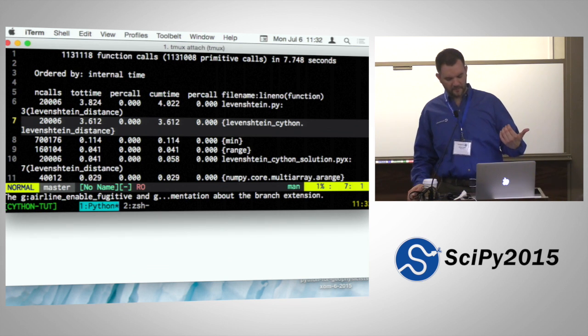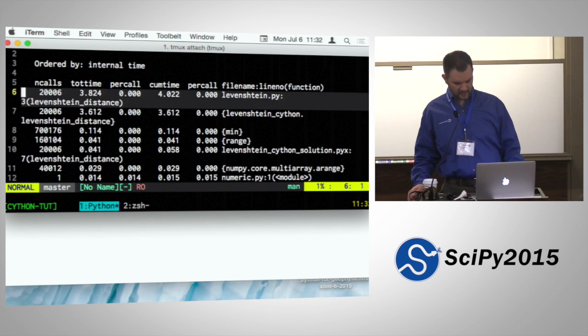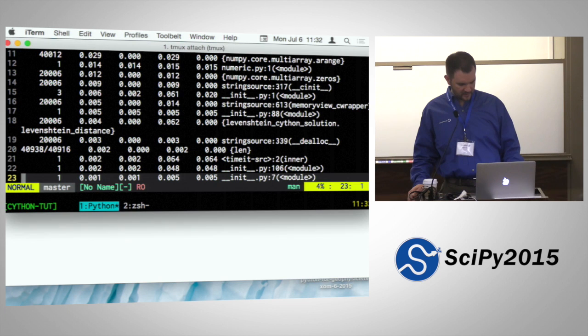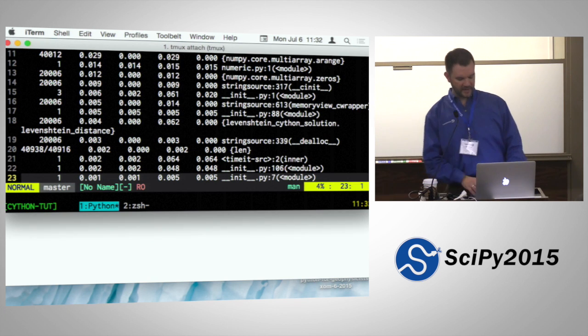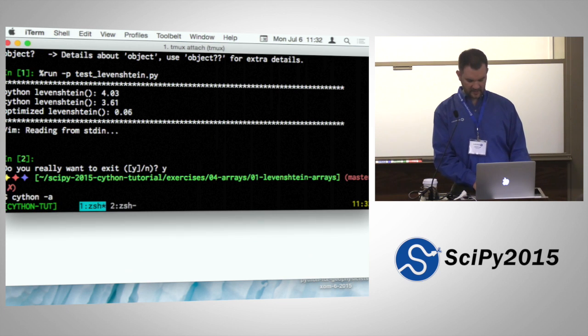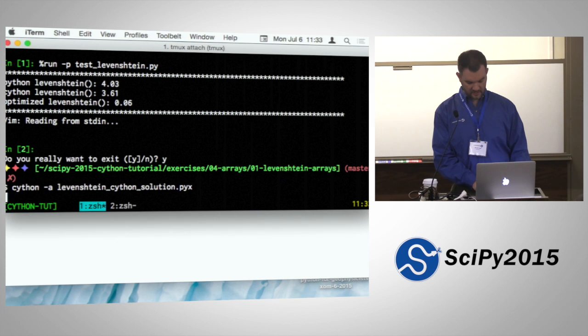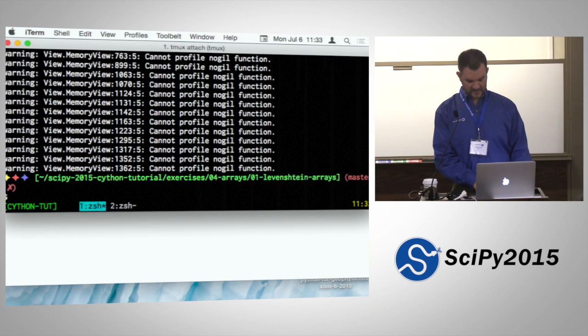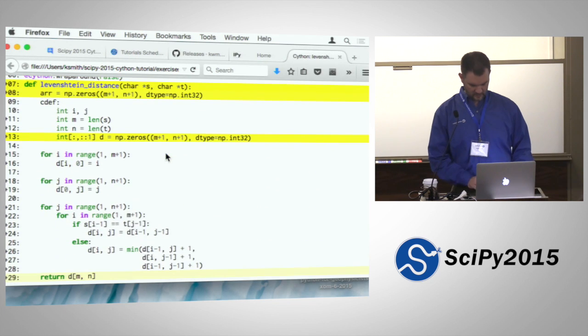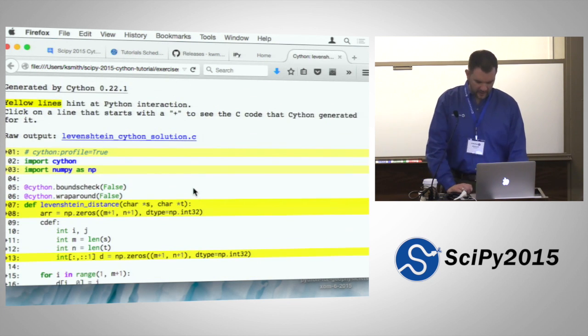And you can go further with this. You'll get more information about these calls, that sort of thing. So again, we have the static profiling that we get from the compile-time profiling, cython -a on the Levenshtein Cython solution. And that spits out, interesting, that gives us our